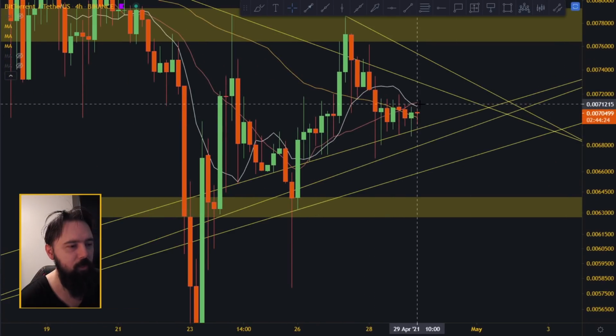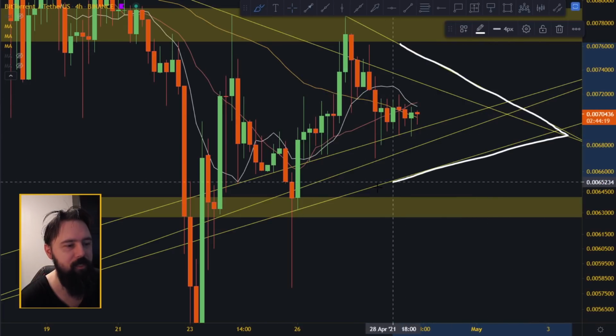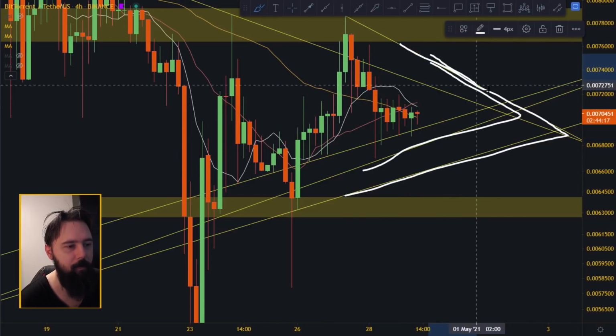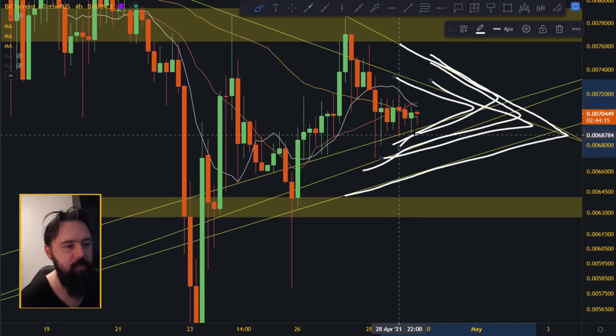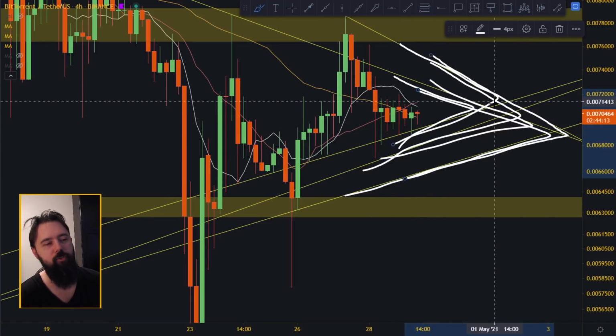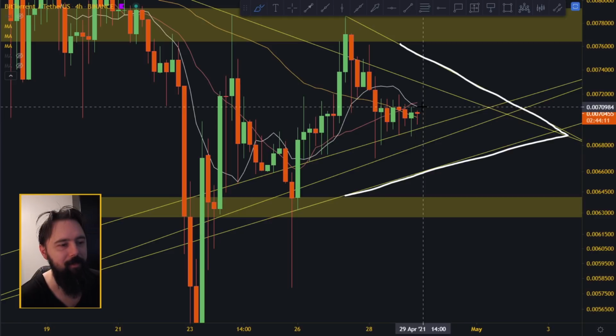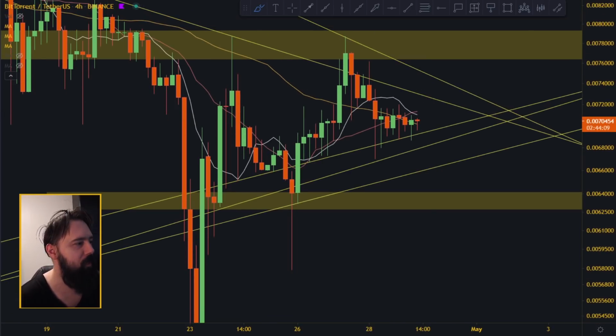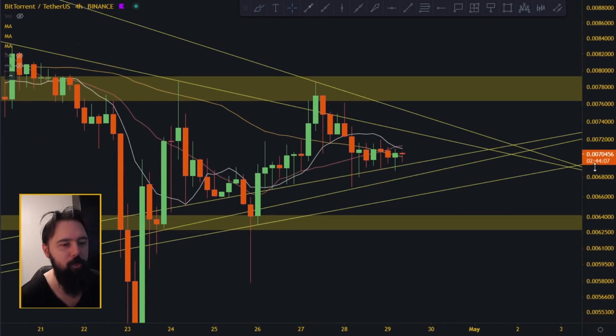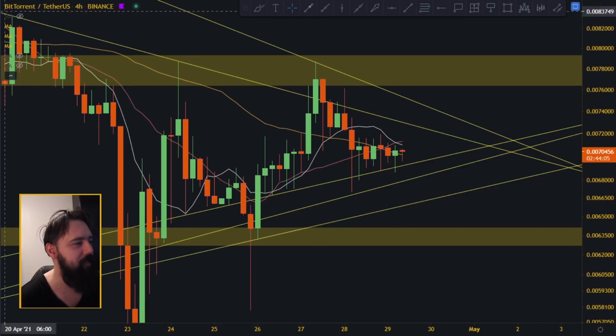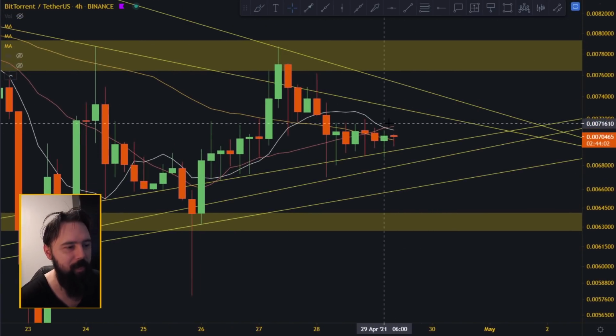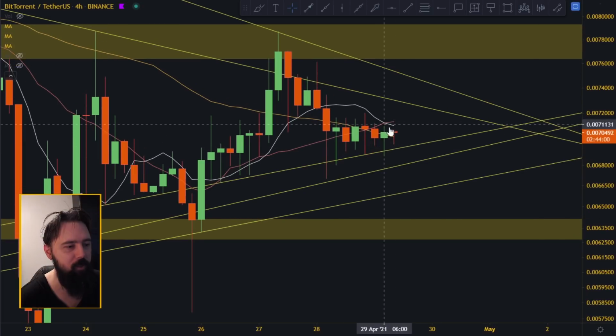Right now we are sitting below the 10 and 20 moving average while we're getting to the end of this triangle formation. Now which triangle that is, it's up for discussion. We can try to make a little bit better or worse triangle. I don't think that's going to help that much. That said, we are below the 10 and 20 moving average, but we are holding the 50 moving average on